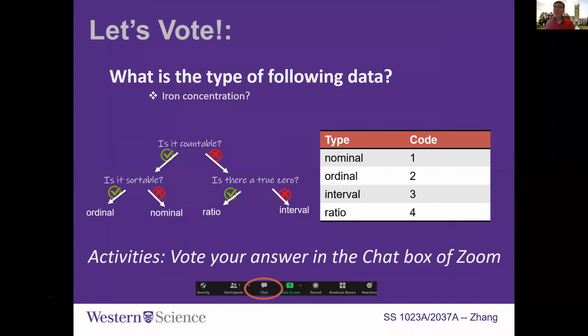And here I also show you this classification tree to help you classify the data we observe. Right now, I guess everybody can go to the group chat. The first data we look at is iron concentration. What type of data do you believe that is? Just type the number you believe.